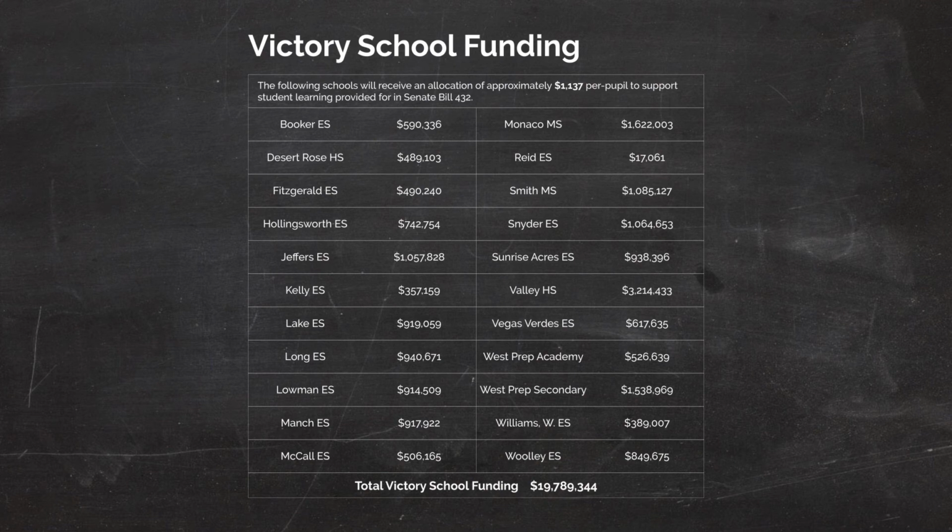Those are identified for those schools where we have the highest populations of students that are eligible for free and reduced lunches. Victory school funds come out to approximately $1,137 per pupil. Here are the schools listed here that are receiving victory school funds, and total victory school funding amounts to $19.7 million. The Clark County School District recognizes that there are certain students that require additional resources in order to get